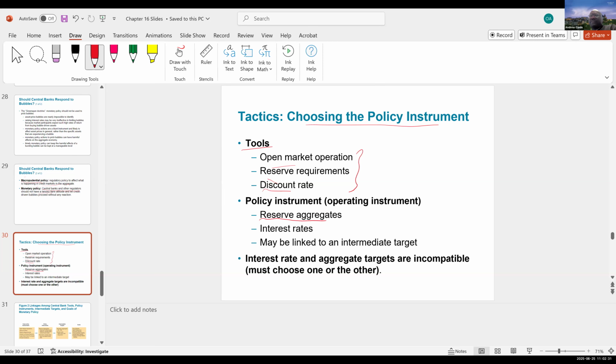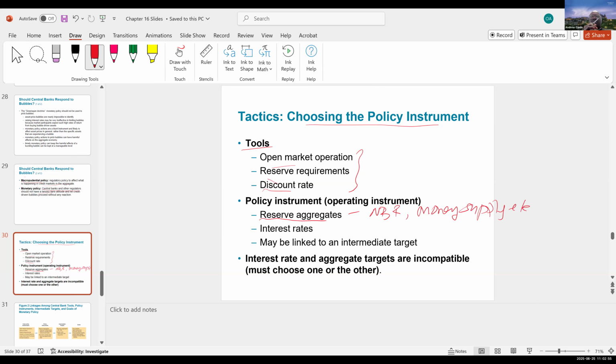Paul Volcker became chair of the Fed in 1979, he switched Federal Reserve policy from targeting the money supply directly to targeting what? Non-borrowed reserves. So when I talk about reserve aggregates, it means things like non-borrowed reserves. They're going to be things like the money supply, like M1, M2,